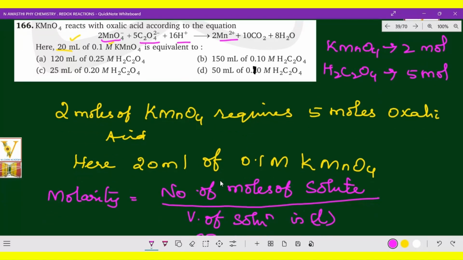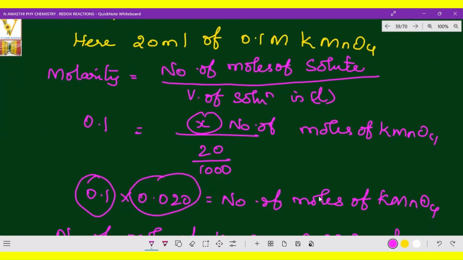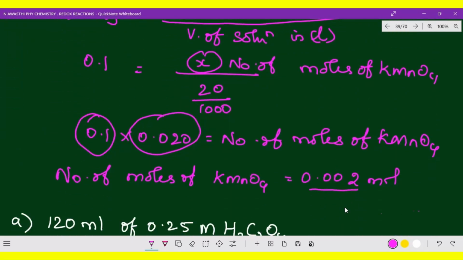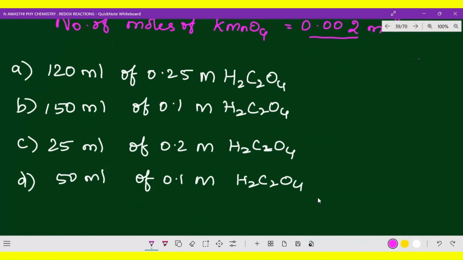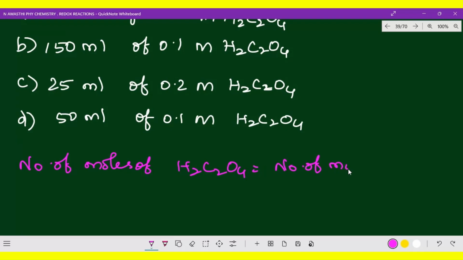So the number of moles of oxalic acid we have to identify. The number of moles of KMnO4 we found just now. Now we have to identify the number of moles of oxalic acid, so that we can identify the correct option. So the number of moles of oxalic acid, H2C2O4, is the number of moles of KMnO4 into